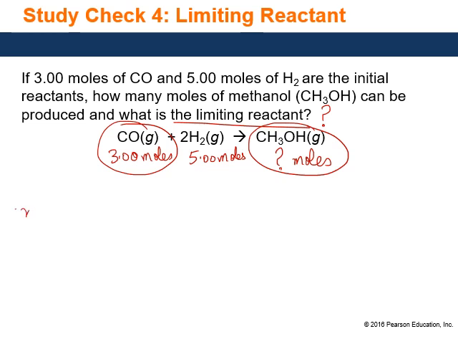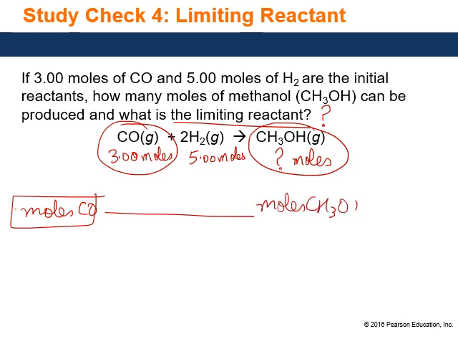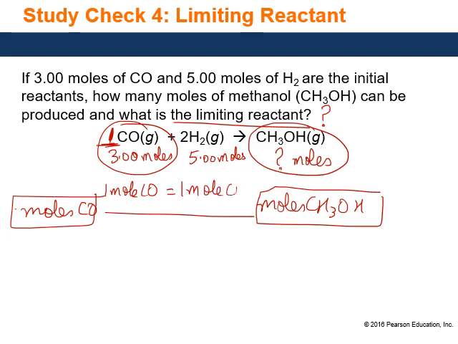What's given to me is moles of CO, and the question is asking how many moles of CH3OH. What is my relationship between these? Because these are both moles, no number is written here, which means this is 1. So for every 1 mole of CO, I make 1 mole of CH3OH. So for 1 mole of this, you make 1 mole of this, meaning I start with 3.00 moles of CO,